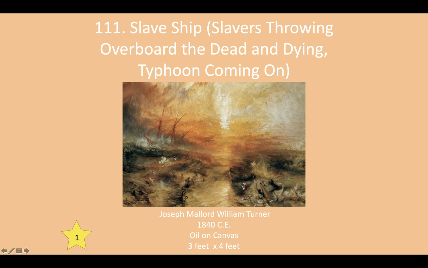And that's what you're looking at. You're looking at what appears to be this beautiful sunset and this beautiful power of nature. But really, Turner, who was an abolitionist, was trying to show you that while nature is powerful, humans are horrific. And that the bad things that happen in this painting were not brought on by nature. They were brought on by humans.